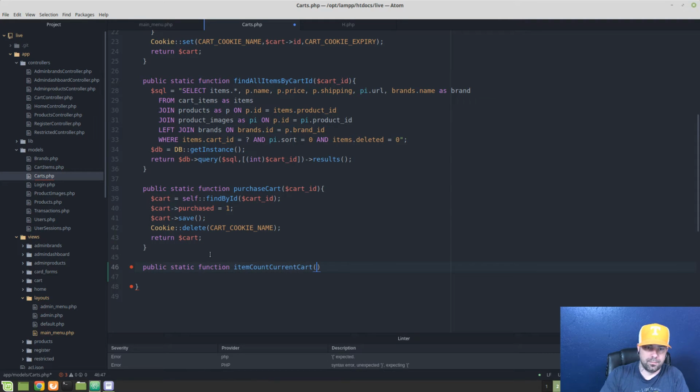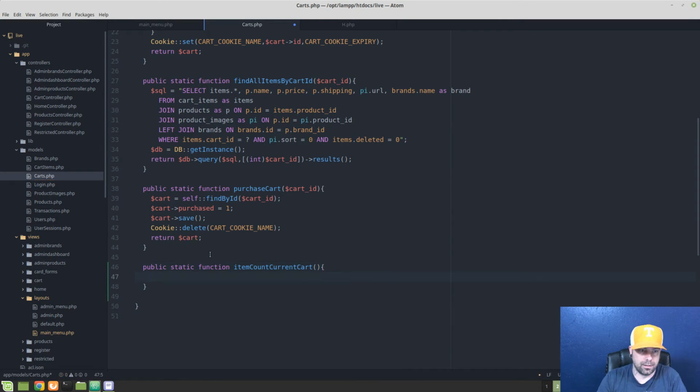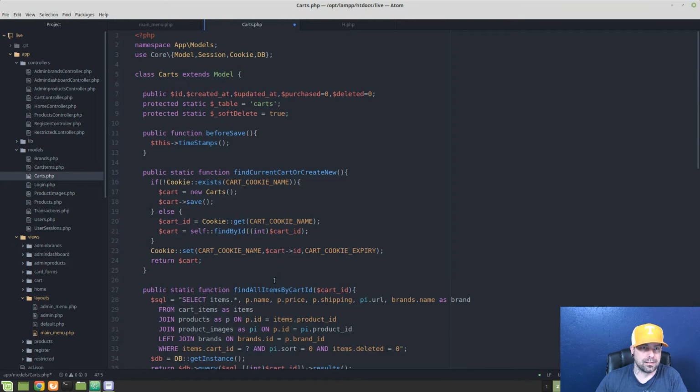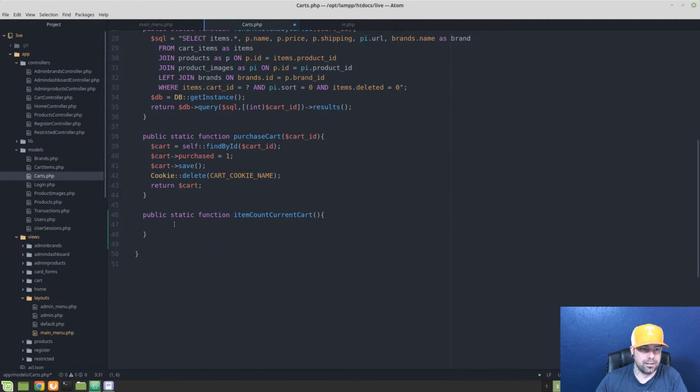And so what I want to do is find a current shopping cart. If they have the current shopping cart, then we will grab everything out of there and see how many items are in there, if that makes any sense. And so in order to do that, we need access to the cookie, which we have. So I think we're good. So let's go ahead and just get the current shopping cart ID. And so we're going to say cart ID is equal to